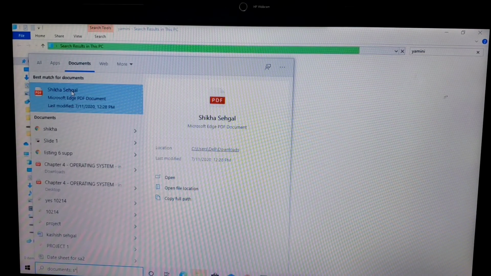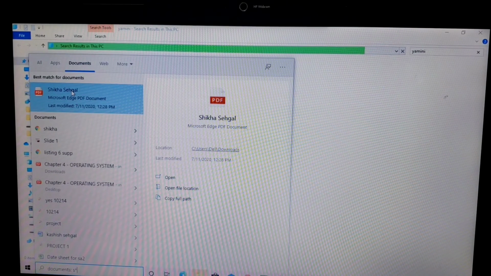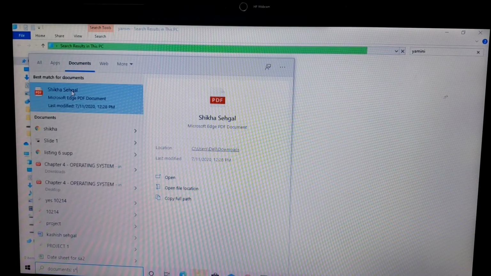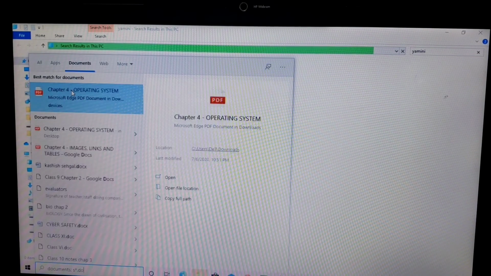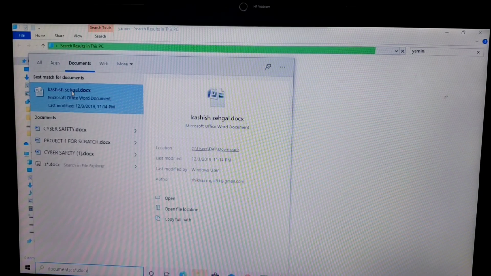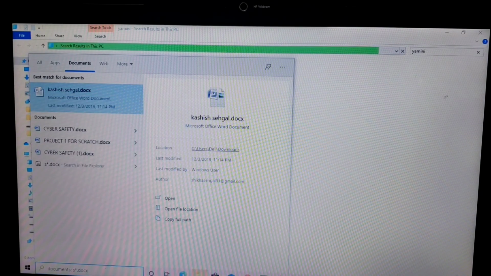So these are wildcard characters which make your search very easy whenever you want to search any particular document. It's very good if you know the extension. Like I want to search a specific document which starts with S and its particular extension is .docx.